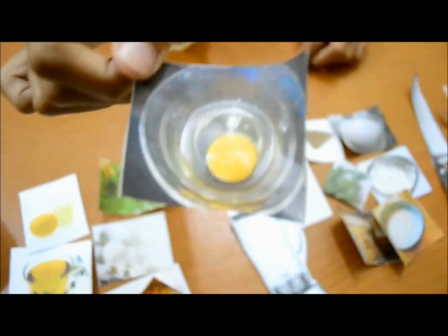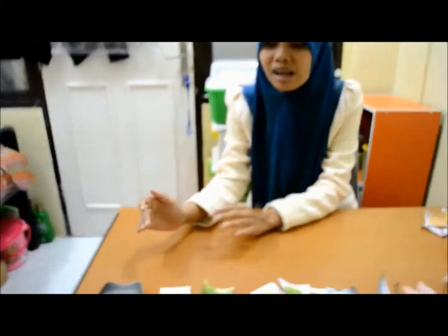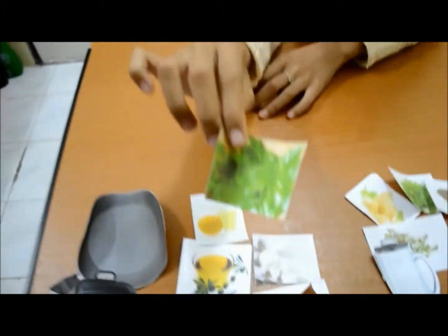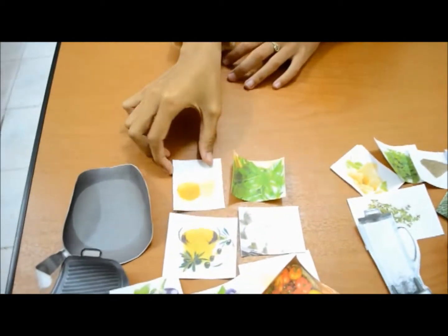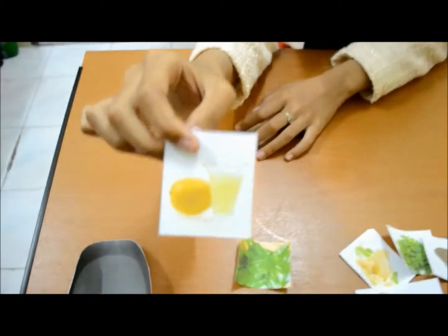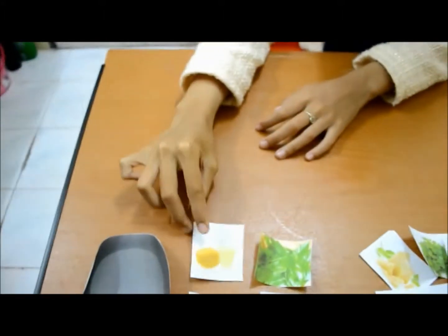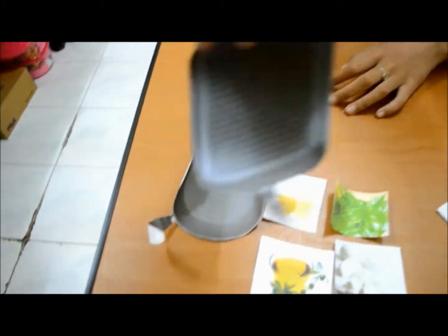Yes, 1 egg. And the last part of our ingredients is the ingredients and utensils that we are going to use to make the heirloom tomato salad. And here we've got some basil. Here is one of the herbs that we're going to use later. And here we've got fresh lemon juice, and then we've got a frying pan, and next we've got the grilling pan,